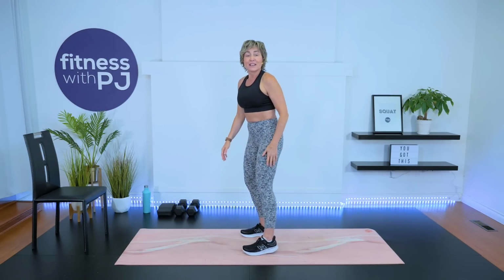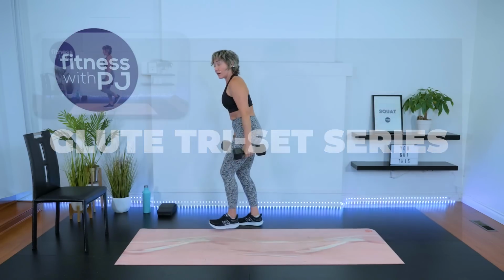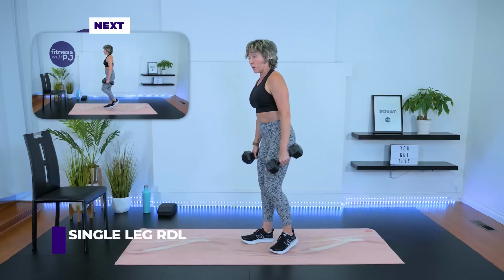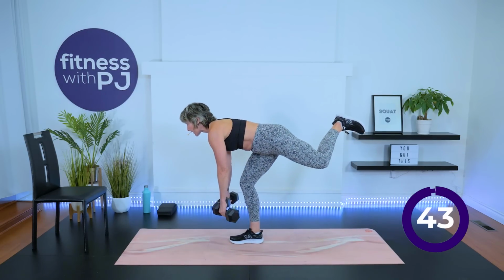All right, so we're starting with a single leg RDL. You can use 1 dumbbell and hold on to a wall or chair if you need assistance with your balance. Advanced people, dumbbell in each hand, please. We want those heavies. Stabilize yourself on one leg. Now I want you to bend the knee, hinge through the hip,